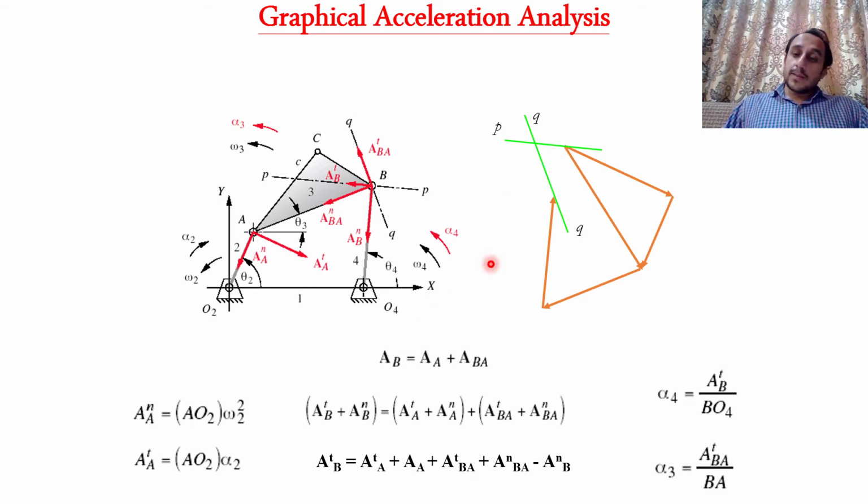What about this one? ठीक है, अब इसमें क्या ऐड होना है, इसमें ऐड होना है ए टी बी ए। ऐड होना मीन्स जो लास्ट वेक्टर हमने ड्रॉ किया है उसमें एक वेक्टर ऐड होगा विच इज ए टी बी ए, और जिसकी लाइन ऑफ एक्शन हमें पता है दैट इज क्यू क्यू। तो ये हमने एक लाइन ड्रॉ कर ली क्यू क्यू।